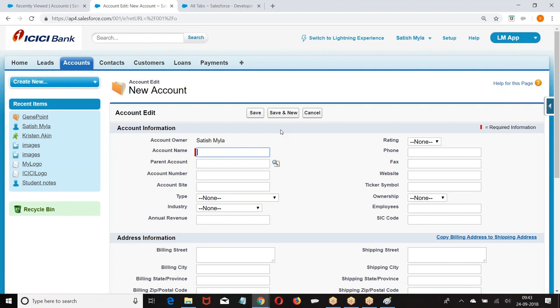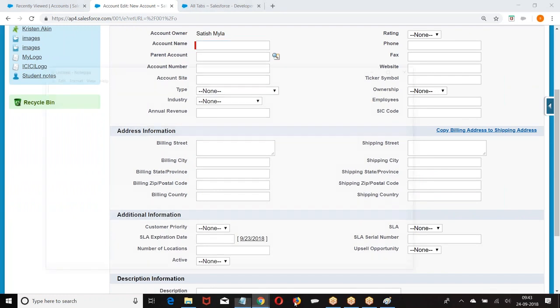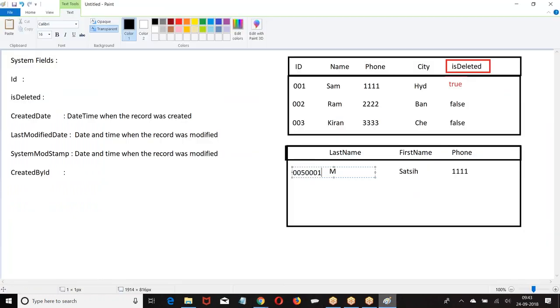Now, the ID of the user who created this record will be saved as Created By ID. What will be saved in Created By ID? The 18 character ID.